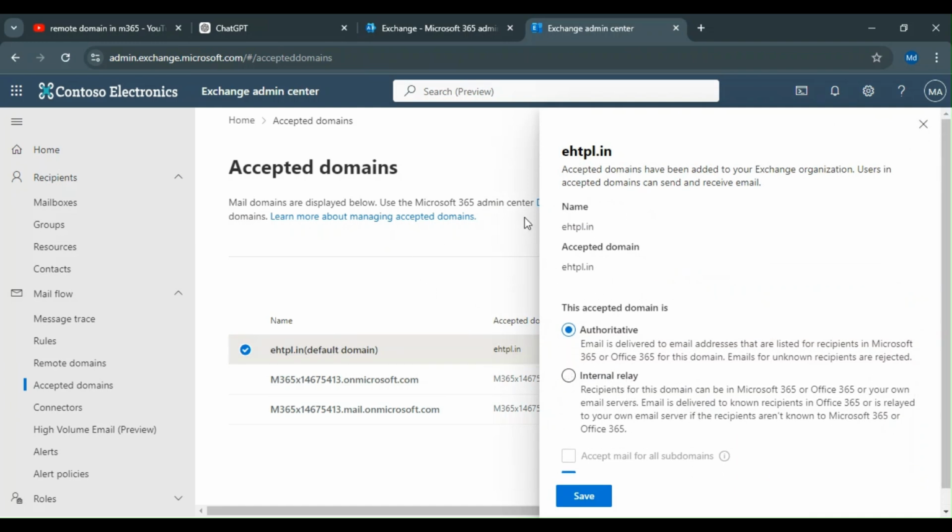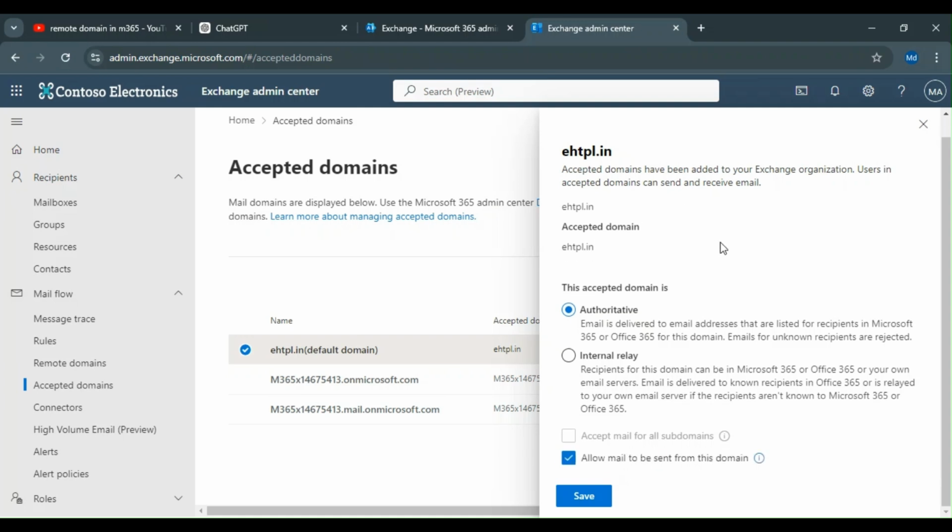In the accepted domain, if you want to add accepted domain functionality to use it for multiple scenarios, you can enable the internal relay. If you want to allow mail to be sent from this domain, you can block it if you just uncheck it, so that domain will not be able to send mail outside the organization, and also internal. Okay, so the internal relay is basically